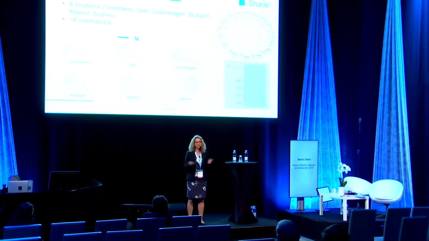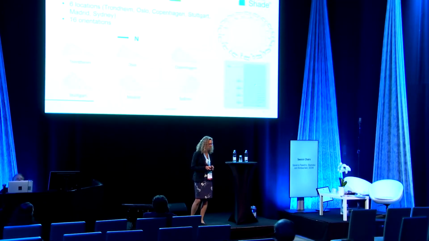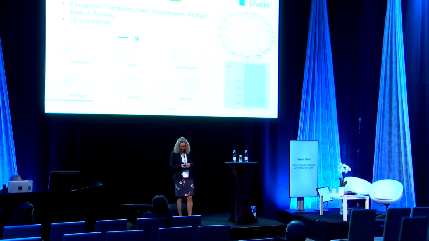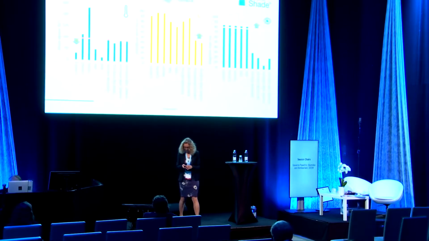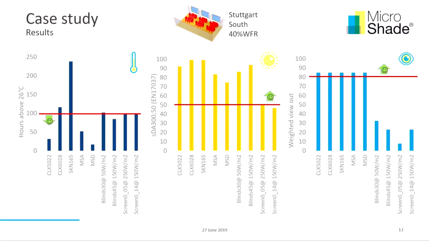And of course, this is a really, really huge material, so I can't show you all of that. So I've just picked out one location for you to see. Here I've shown Stuttgart, south facade, with a window to floor ratio of 40%, which means that it's the whole facade that is more or less glazed. And in this case, we can see, I have to go here. These are the solar control glazings. The limit here, the red line here, is what